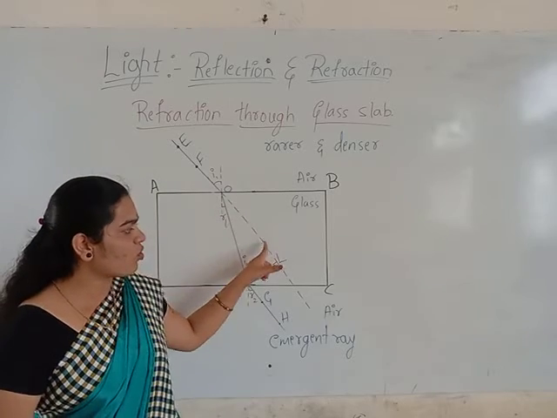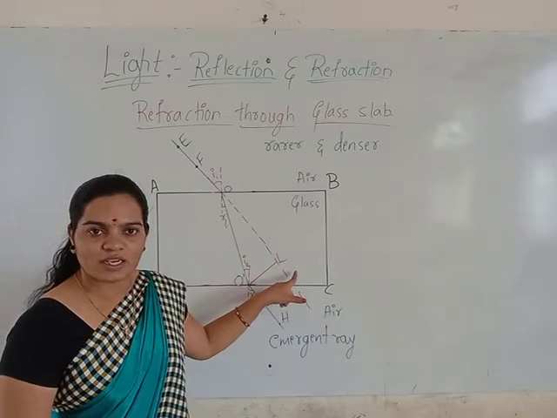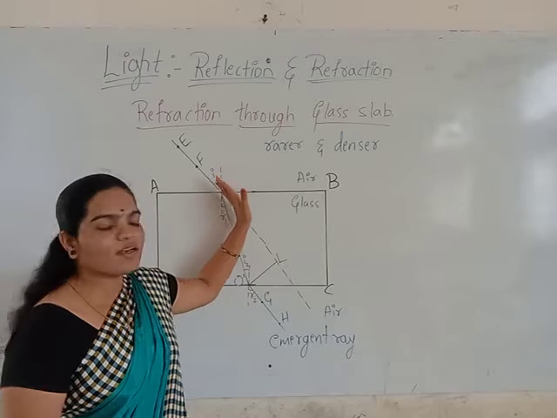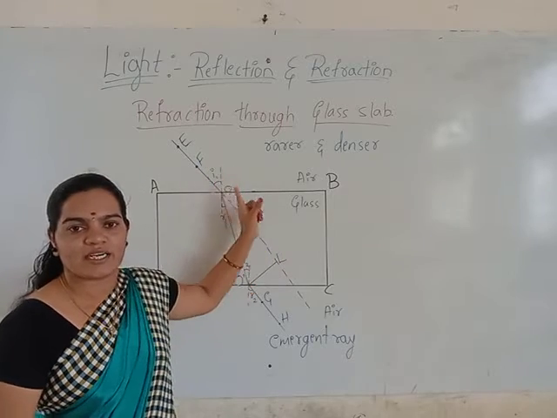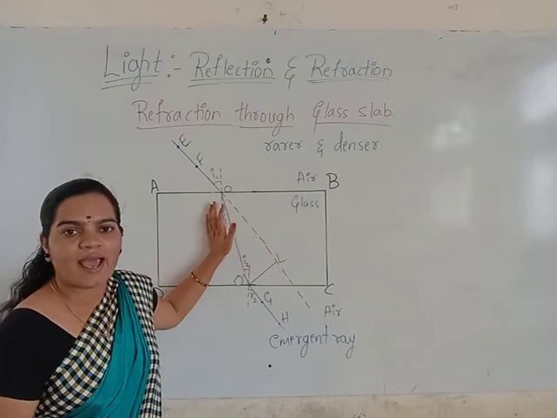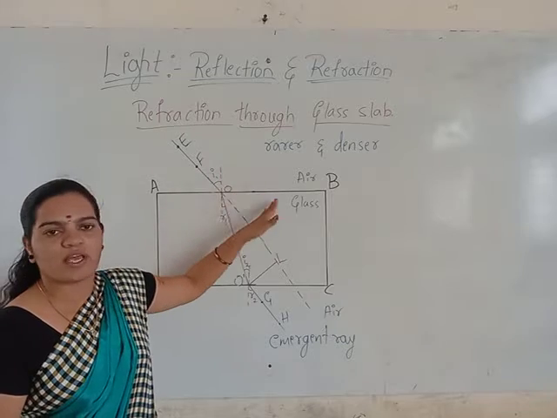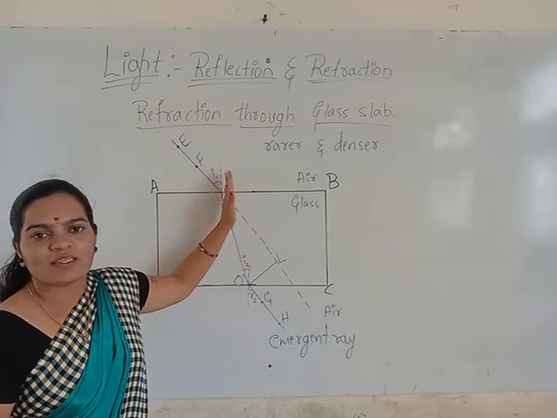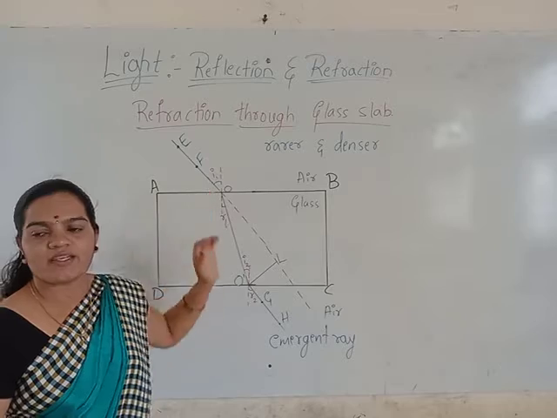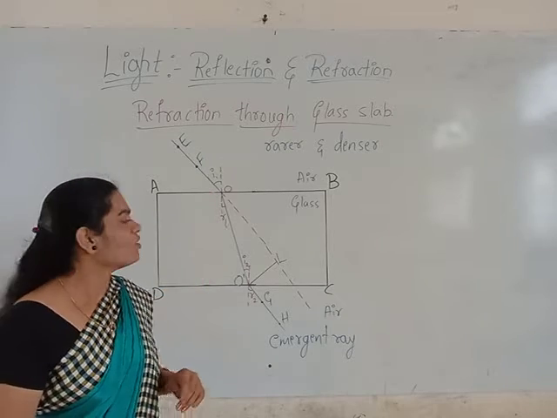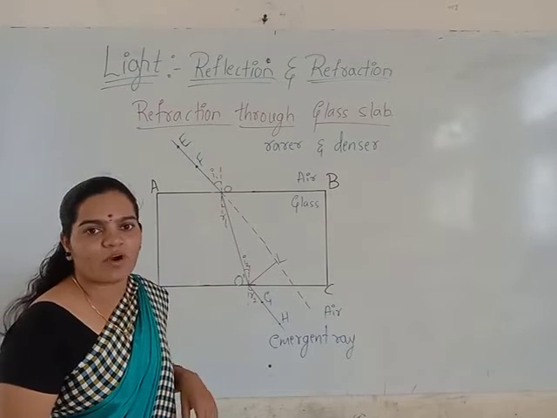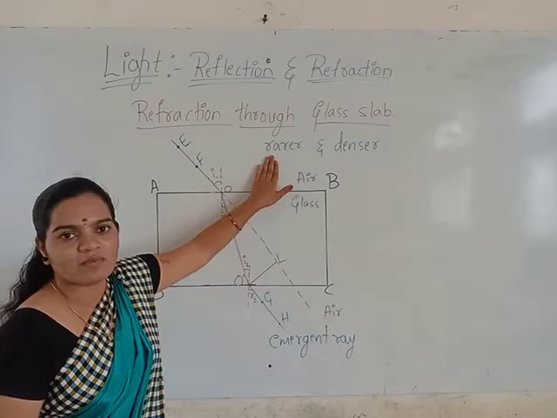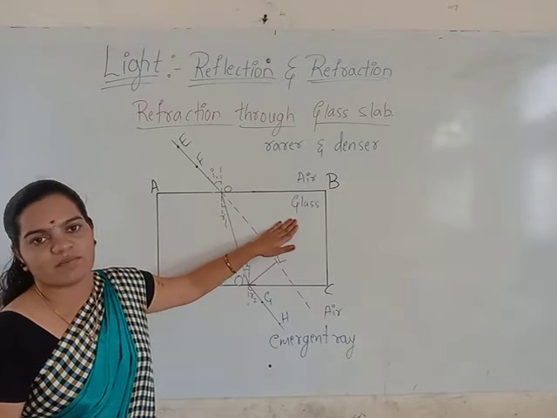The line which I have shown you in a dotted line here, red color dotted line, this was the original path of the incident ray. But what happened here, as it is coming from one medium to another medium, the path of the ray is changing when it enters the second medium. Okay, so when it enters the second medium, what happens? This is the rarer medium and this is the denser medium, right?